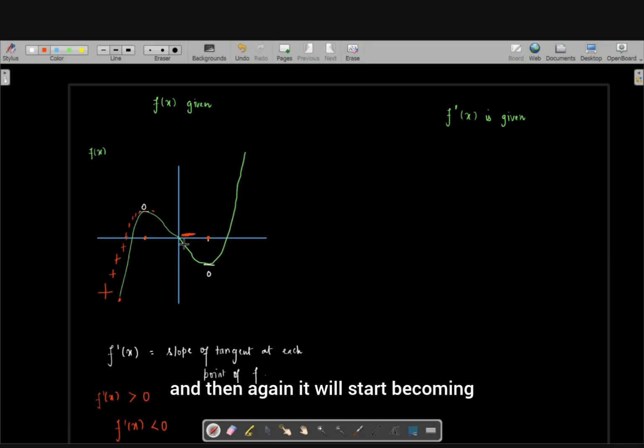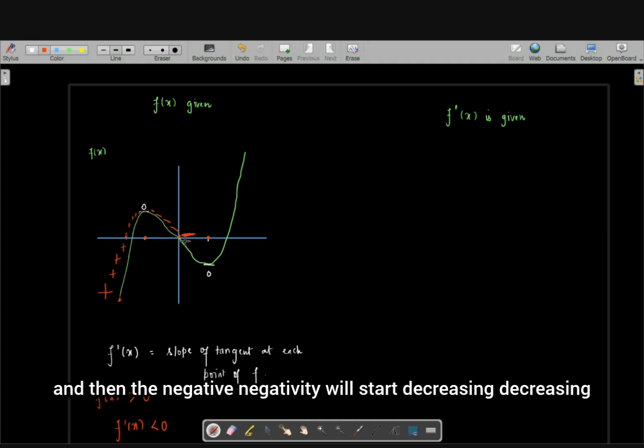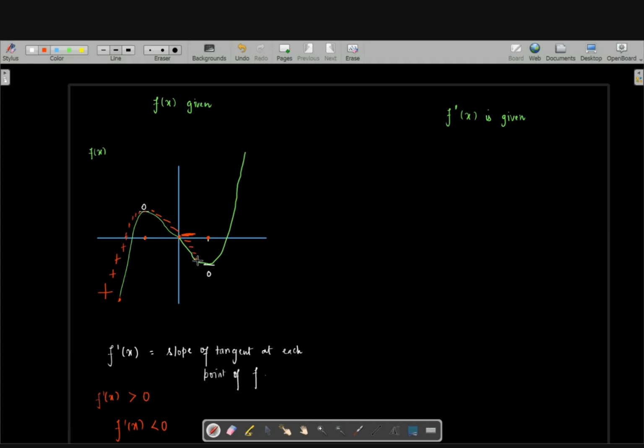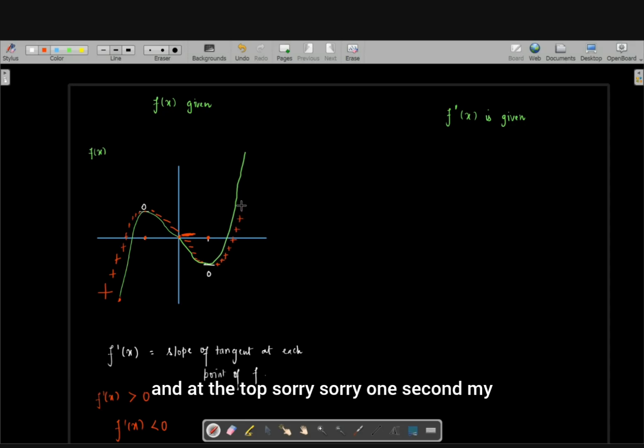And then the negativity will start decreasing. So least negative, then more negative, then more negative, then maximum negative will be at this point, at the point of inflection. And then the negativity will start decreasing, and it will be least negative here. Here, if you again see, it is very less steep. Then it will become 0. Then after this point, it has started increasing. So here it will be positive, but very less positive. Then more positive, more positive, more positive. And at the top,